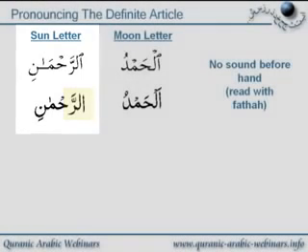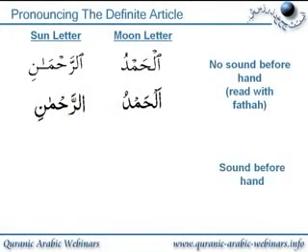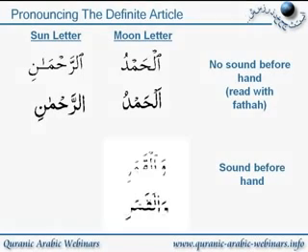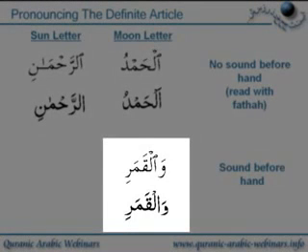Now we'll do the same thing, but this time we'll take an example where there is a sound before the letters, or before the words. So here we have the word again, and this is the word qamar, but we've got the word wa before it. Okay, so we've got the definite article, but before that is wa. So in this case, you now do not read the Hamza